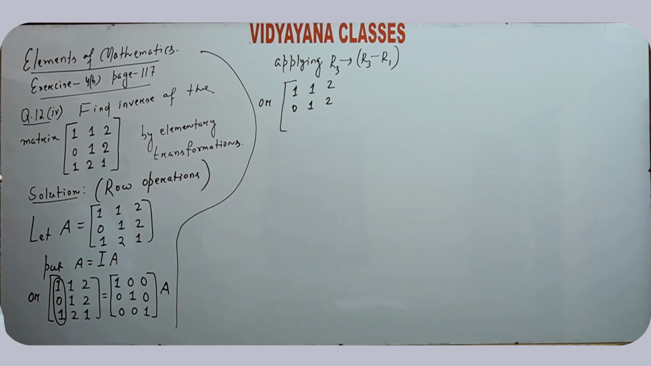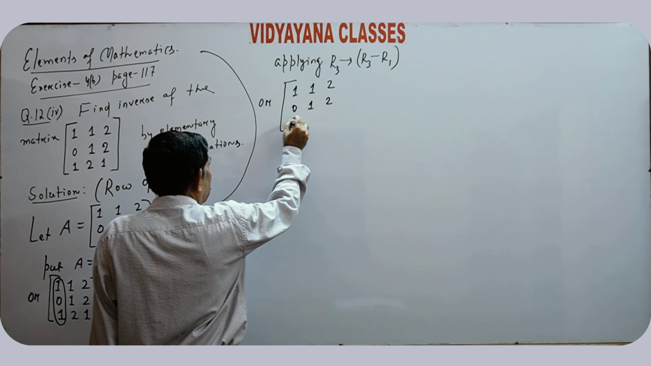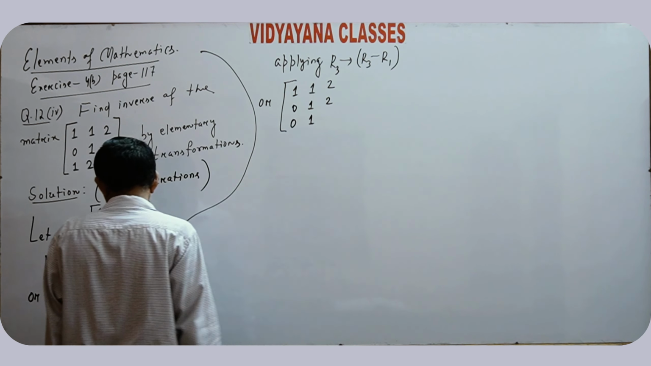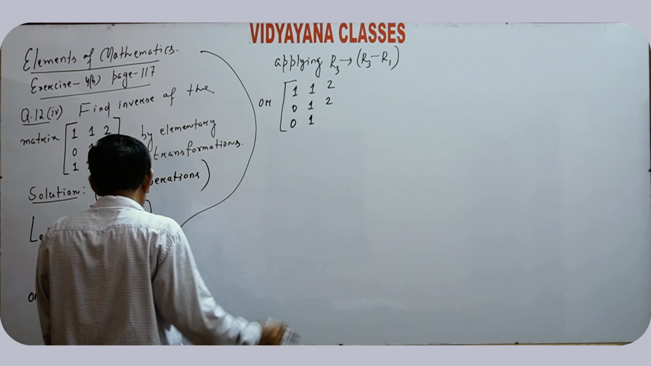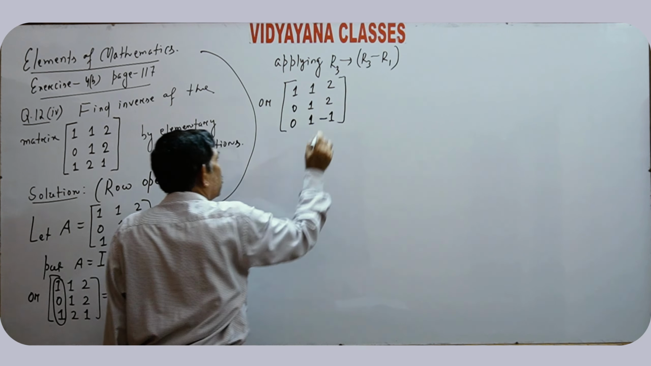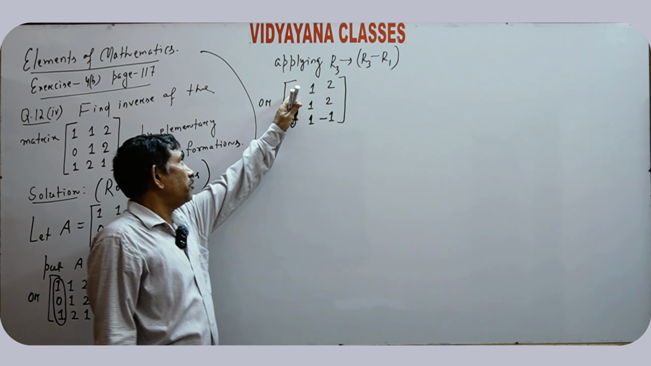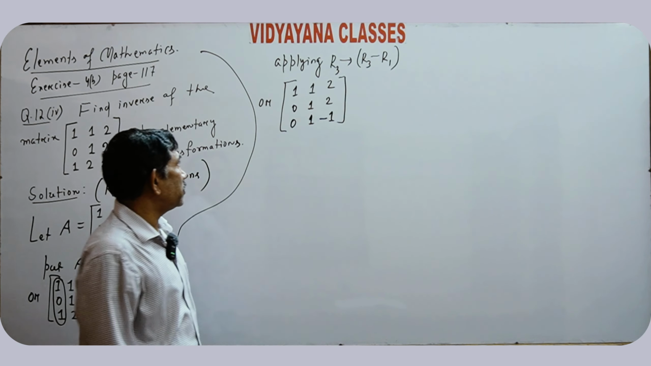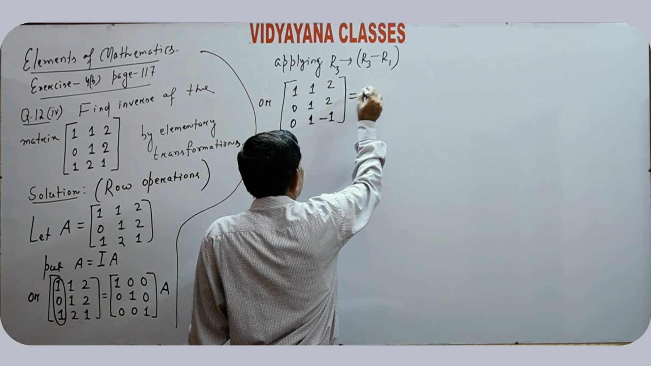Row 3 is replaced by row 3 minus row 1. 1 minus 1 is equal to 0. 2 minus 1 is equal to 1. 1 minus 2 is minus 1. The elements of column 1 are 1, 0, 0 using row operation, which is the same as